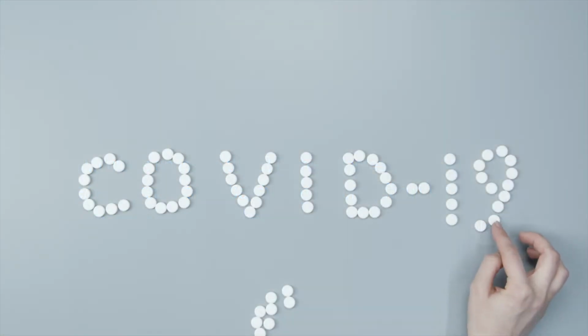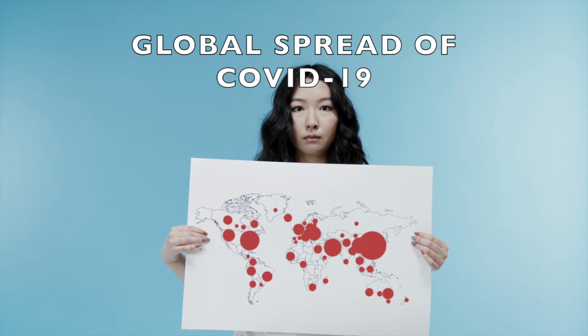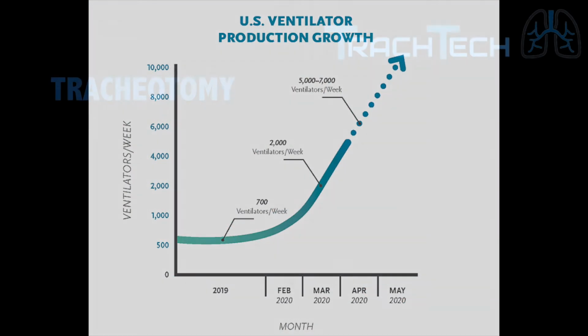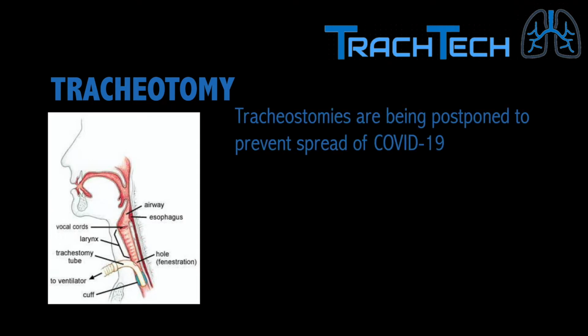This medical complication is serious given any circumstance, but in the wake of the COVID-19 pandemic, the impact of ventilator-associated complications is unprecedented. In the past few months of 2020, the production growth of ventilators has almost doubled. It is common for a tracheotomy to occur after a few days of a patient being intubated. Now, with the highly infectious nature of COVID-19, tracheotomies are being postponed for as long as possible to limit exposure